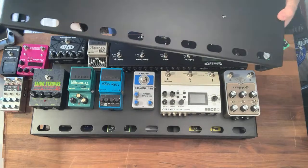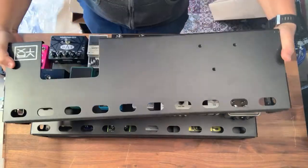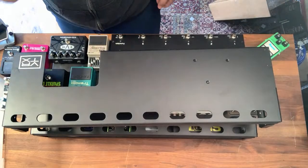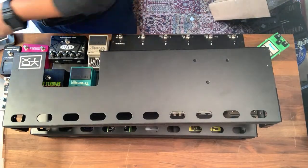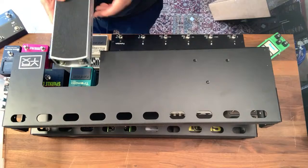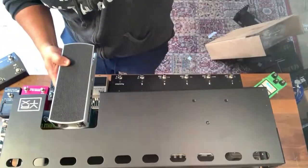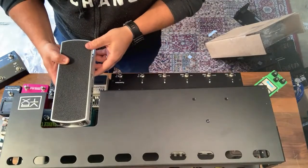So here's like the single cutout version. If you just wanted to go with like a single wah or volume pedal. So if you did that, let's just pretend we got an Ernie Ball VP Junior here. You know, so you could fit that. The Ernie Ball VP, let me get us a little bit better angle. Ernie Ball VP would totally fit. Use your Van Halen